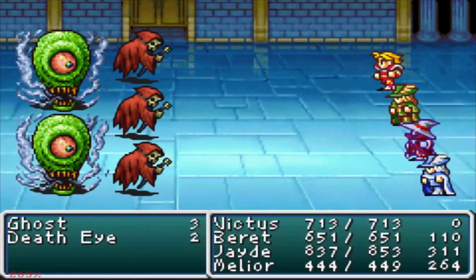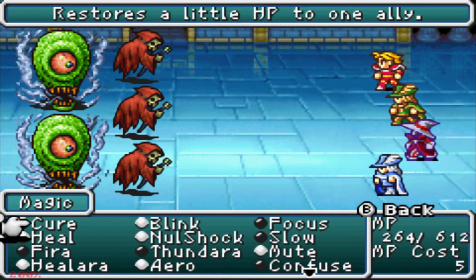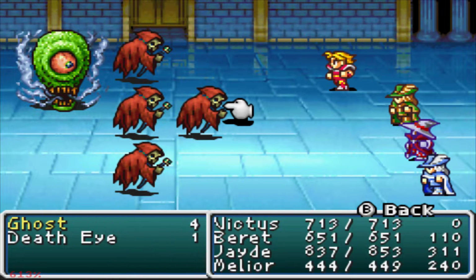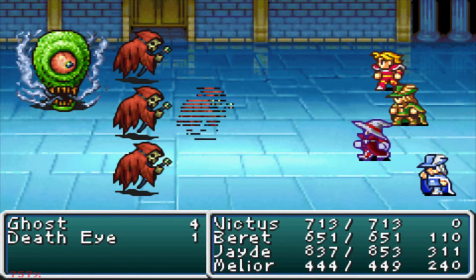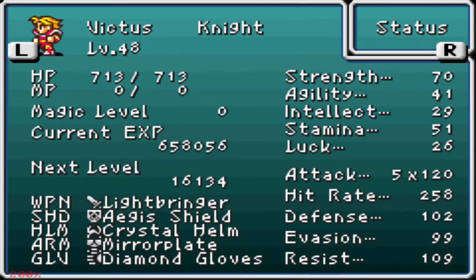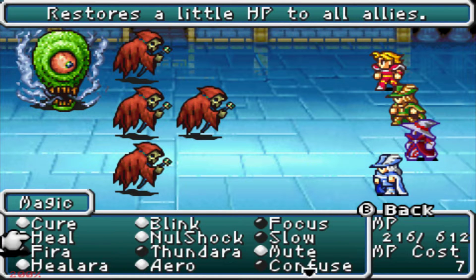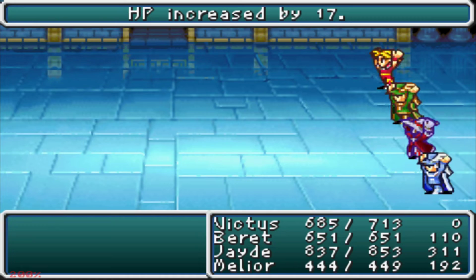I could just grind on this encounter. There might be a couple really nice early floors down here where I could get a nice easy fight where we just Diaga and win. And 3,000 experience is pretty good per fight. I could probably get to level 50 pretty quick is what I'm thinking. It depends on how much experience grows between levels. If it starts doubling every level up, then this might not be the best plan, but...